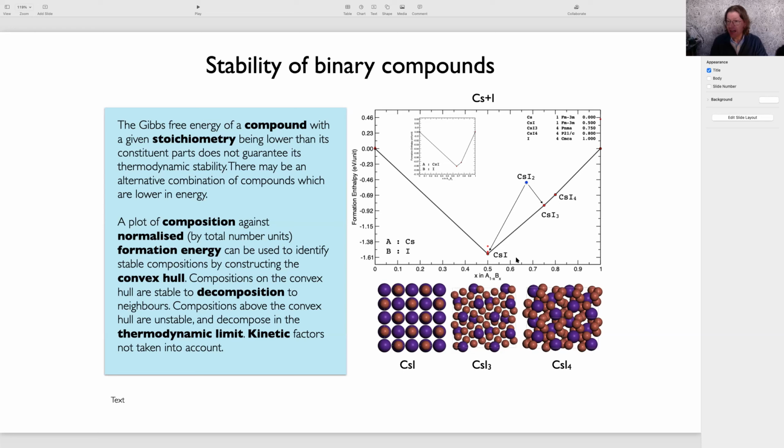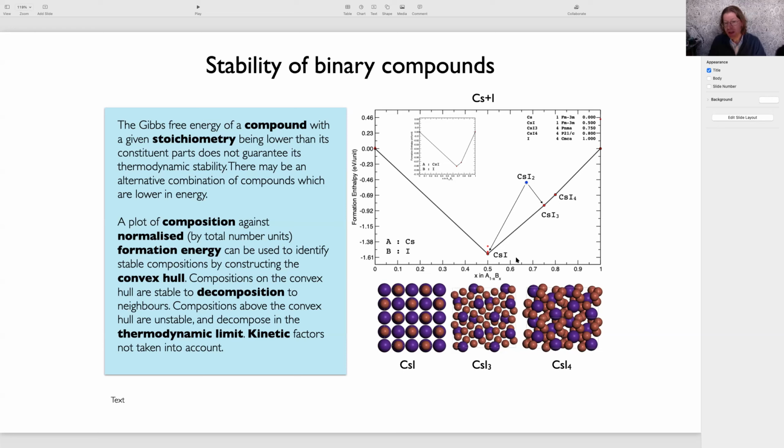cesium iodide, and then you subtract it, because it's got one cesium and one iodine, you subtract one unit of cesium energy, so the energy per atom of cesium, and then you subtract one for the iodine, and you're looking at the difference. And if the difference is negative, then that reaction is exothermic and it will want to form. So that would be the formation energy. You do it for all of your different